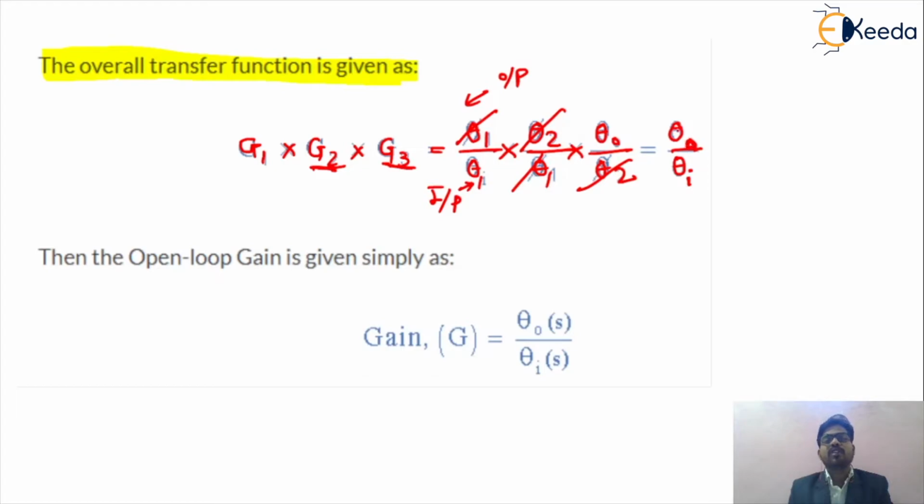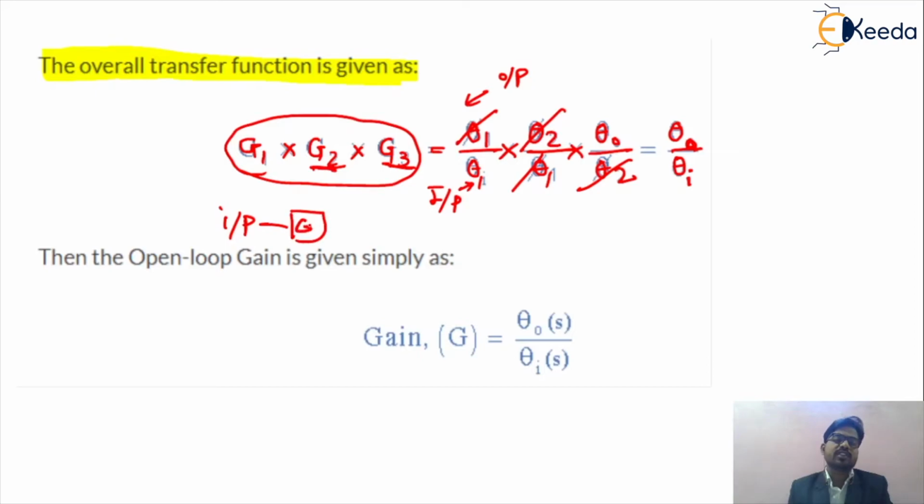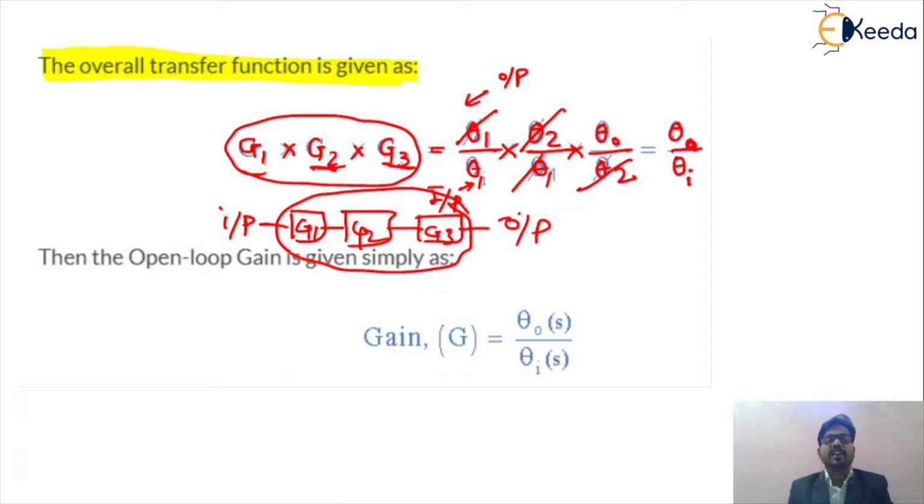Okay. So what will be the gain? The overall gain of your system, now what are we getting? The input, and the different blocks, which are called G1, G2 and G3, and after that we get the value of the output. So the overall value of your gain will be equal to the output, that is theta 0 divided by theta I. We get it from the mathematical calculation.